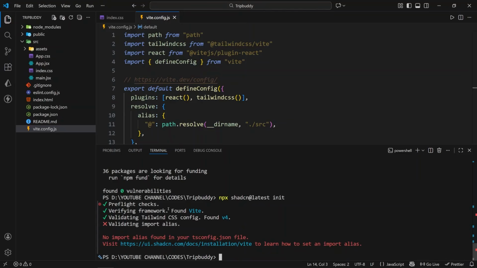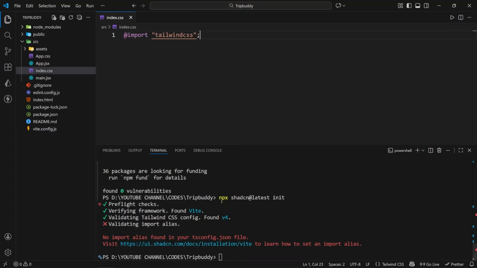Here we are getting some error. Pre-flight checks, verifying framework, found Vite, validating Tailwind CSS, found version 4, validating import alias. Okay, and let me close this one. No import alias found in your jsconfig.json file. Okay. So